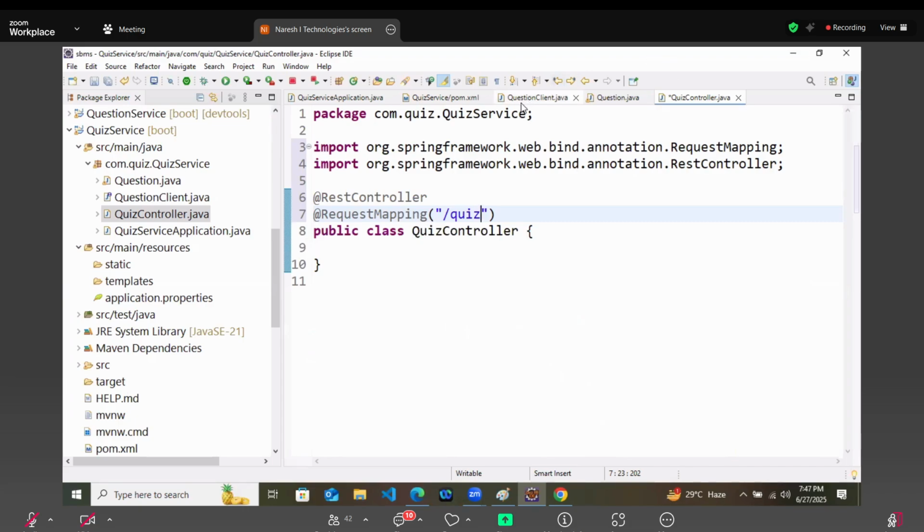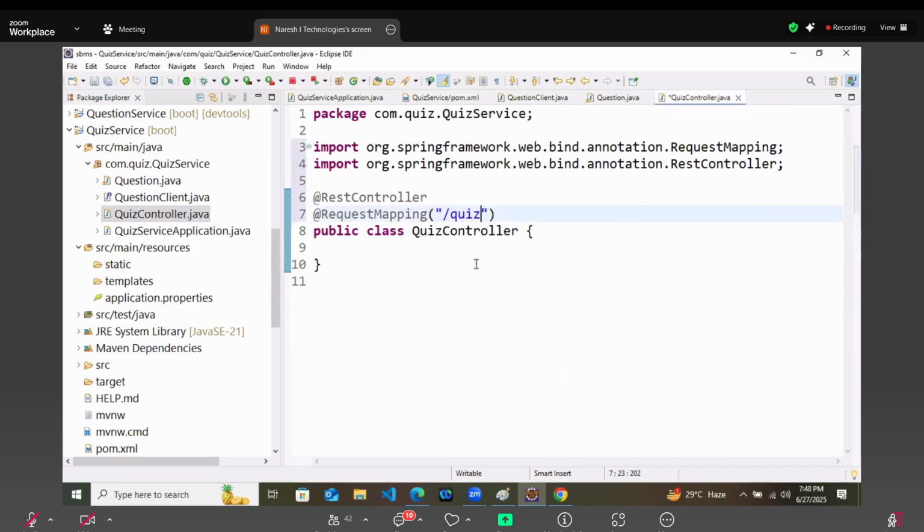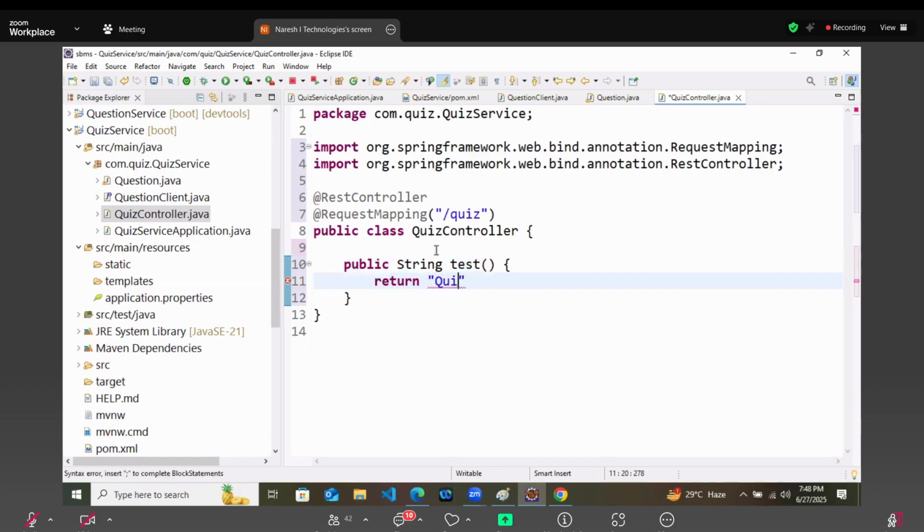Okay. So here we have the quiz controller. Let's first write a test controller. So public string, you can keep test controller, which is just returning a string, that is, quiz controller is working.